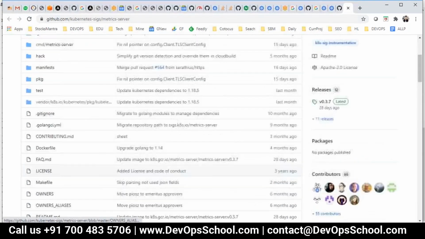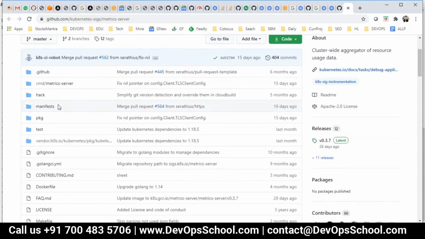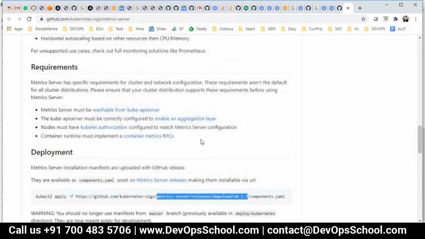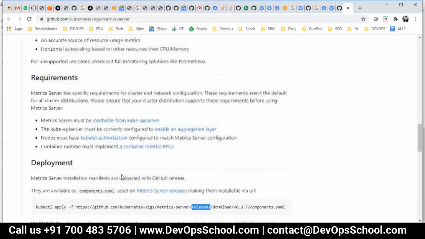Do you see the YAML? Just a second. GitHub, this one. Component, metric server, releases, download.